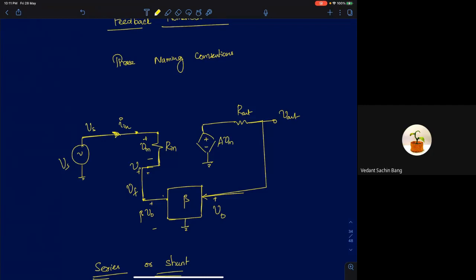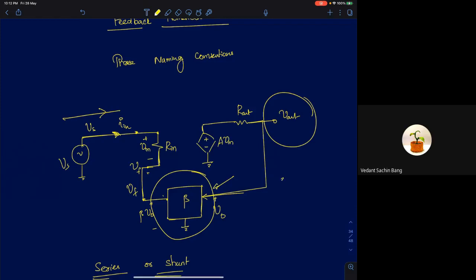In an open loop amplifier, you feed an input signal to an amplifier, and the output signal, voltage or current, will be proportional to the input signal of interest. But in a feedback system, a part of the output is taken by a feedback network.